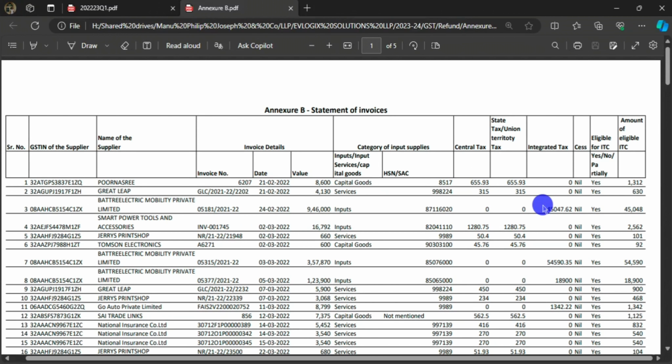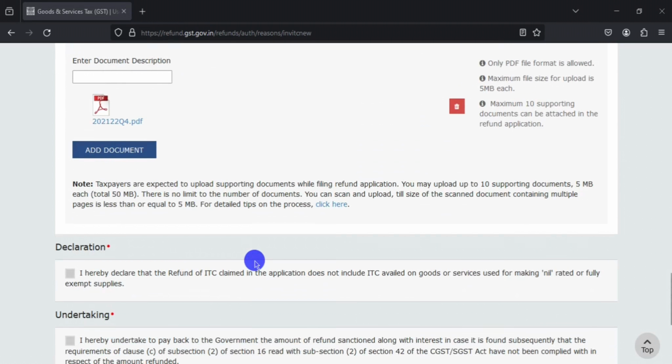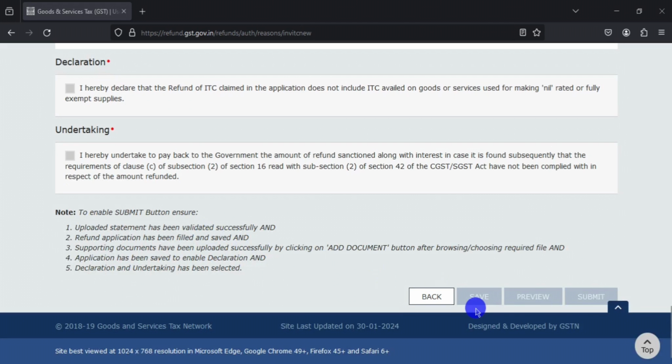Now, one important thing to remember is that once the application is taken into process, the department will call for the information in Excel itself. So make sure that the amounts given in the application match exactly with the PDF attached, because they will later in the process be calling for details which are in Excel. Once the mandatory attachments are given, there is a declaration part, which is as per the rules, and we have to declare it. Then the save button will be enabled, preview it, and we can submit the application.